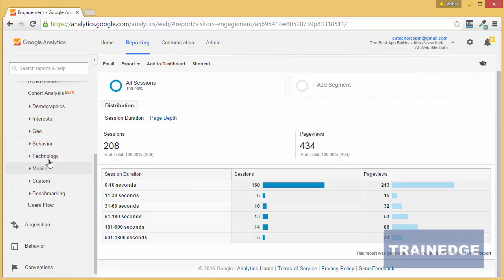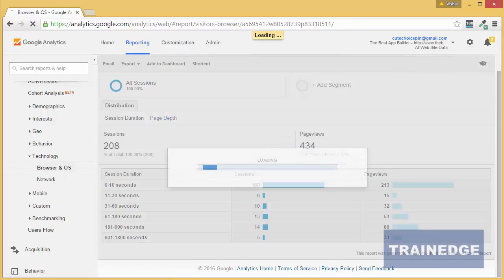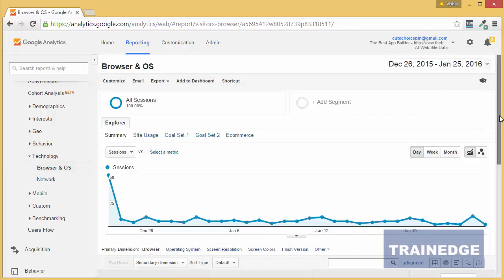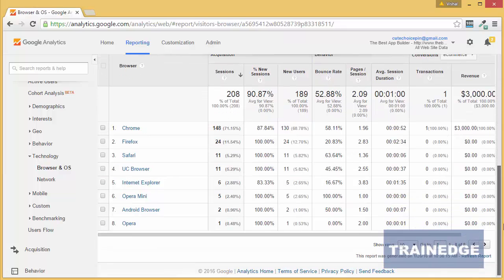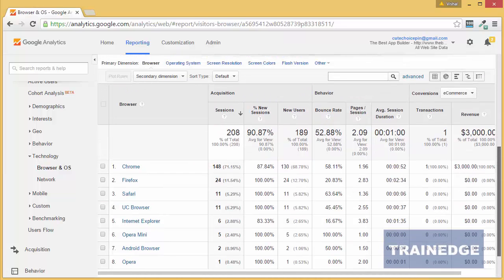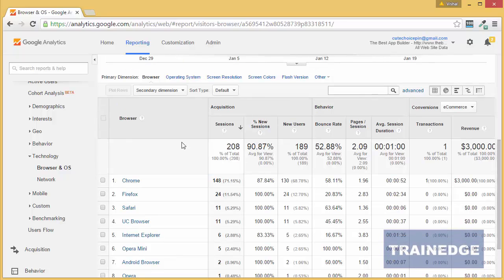The technology reports tell you about the browser and operating system used by your visitors. You can see that 148 or 70% of people coming to the site are using Chrome.